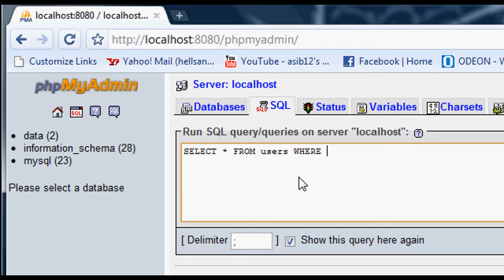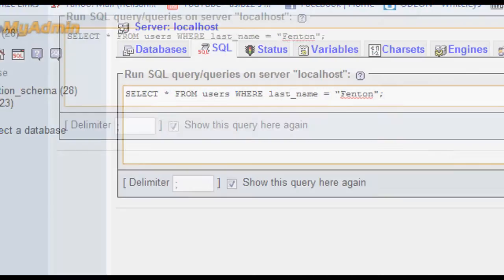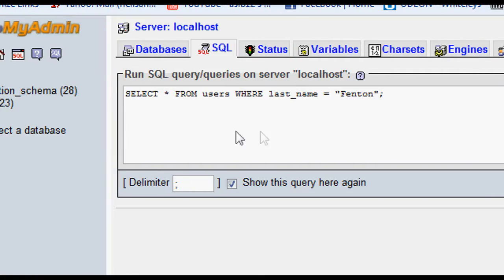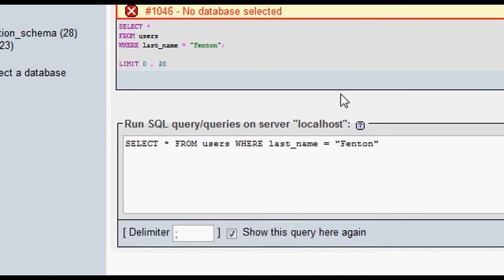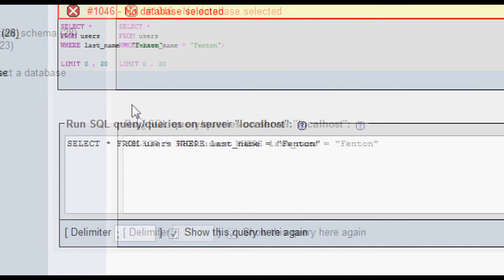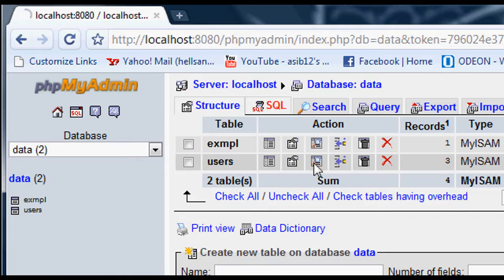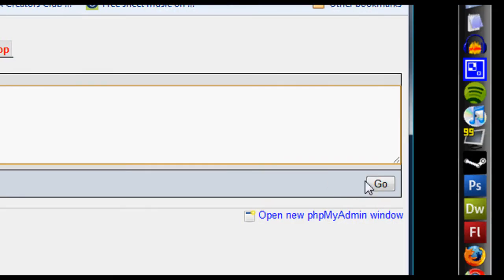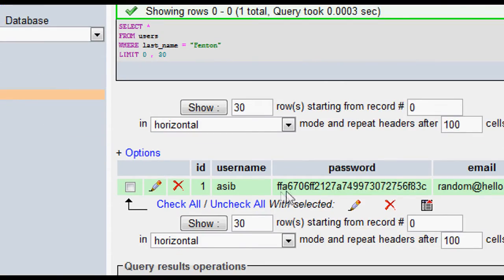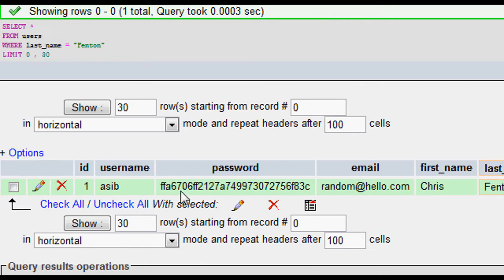SELECT from users WHERE last_name equals Fenton. Okay, and because there's only one record which has last name Fenton. Oh, I didn't select the database. Whoops. Let's copy and paste this quickly, go into the data database, and put the SQL in here now. That would be the reason why that didn't work. Okay, and there we get that one